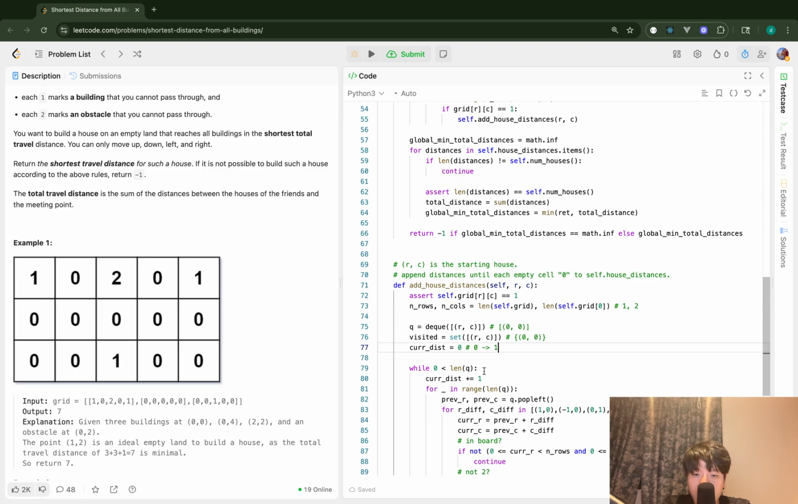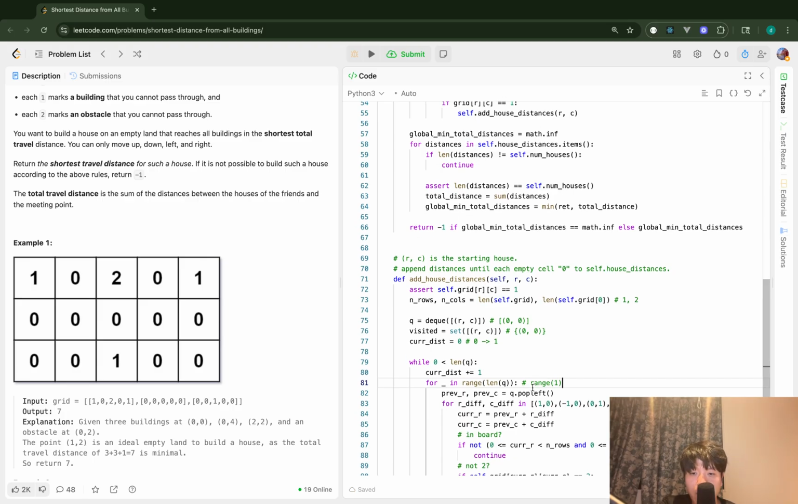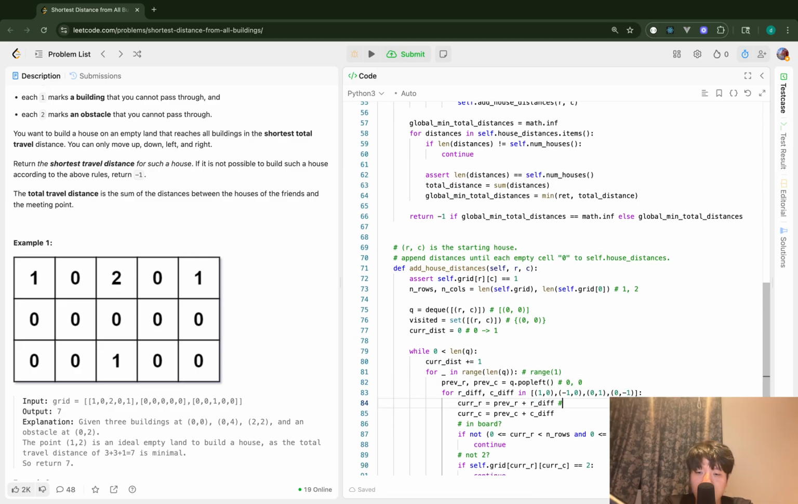And in line 81, length of the queue is 1. So I iterate only 1 here with range, which means that I will take a look at only a single element. And q.popleft, and I get the current row, current column is 0, 0. And I will take a look. Actually, current row, current column pair. I will calculate this first. Should be